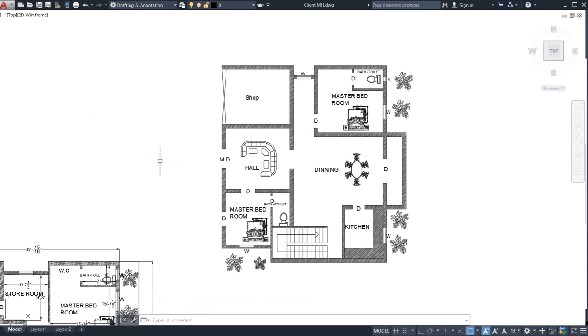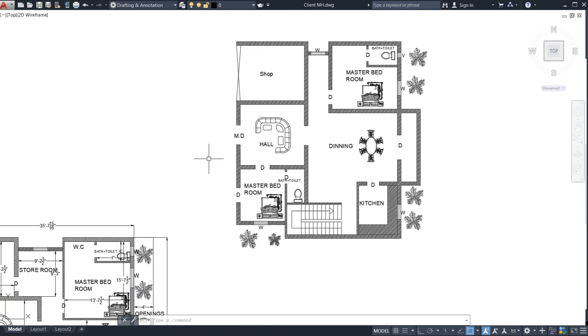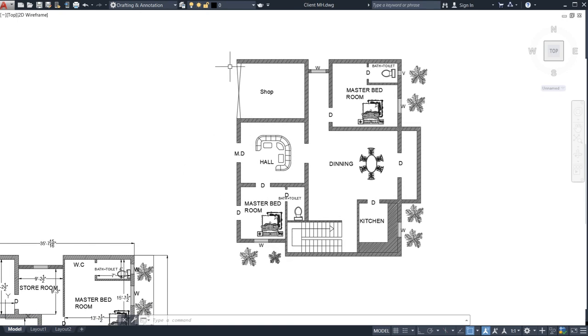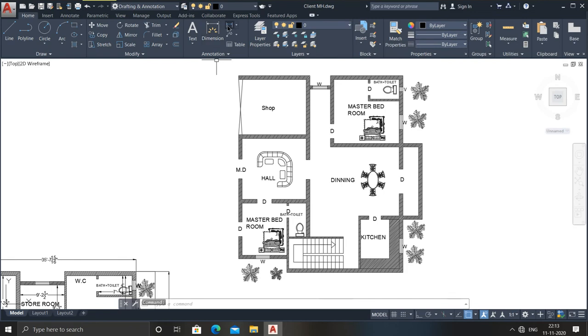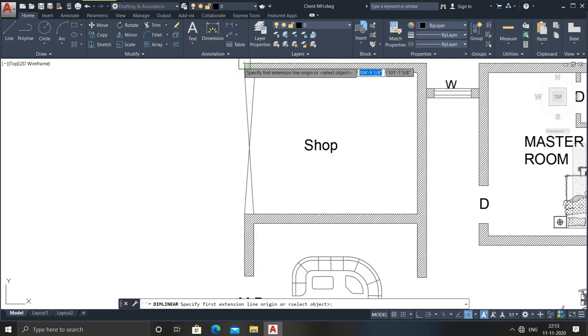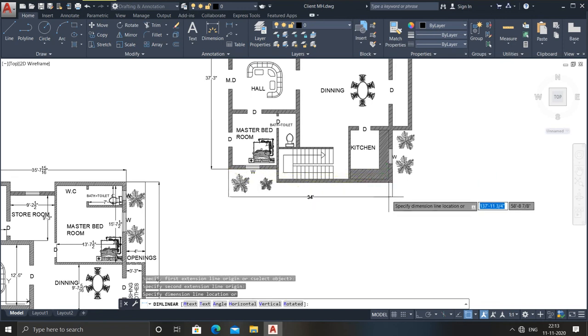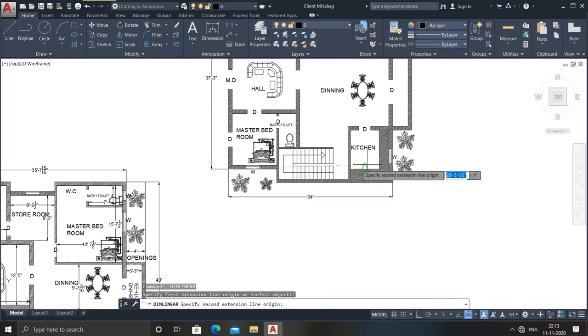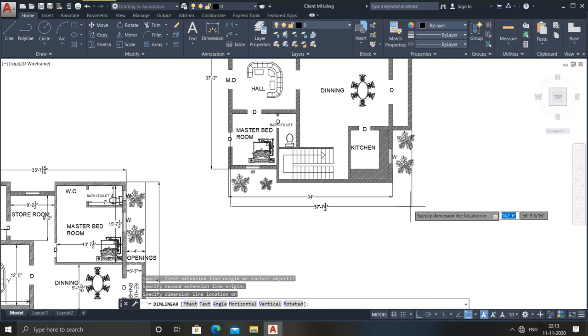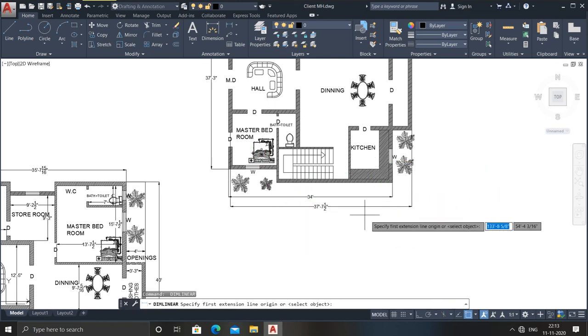If you want to keep some garage or parking over here, you may keep it here. But now the thing which I need to tell you is how to measure the dimensions also. Here, just what is the build up area. So this is your build up area, from here to here, only 34, and here up to here, right? So here to here, this is because it will be from the center, right? That's why it comes like this.